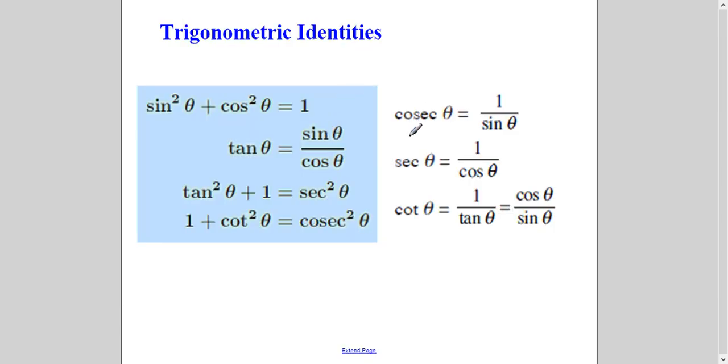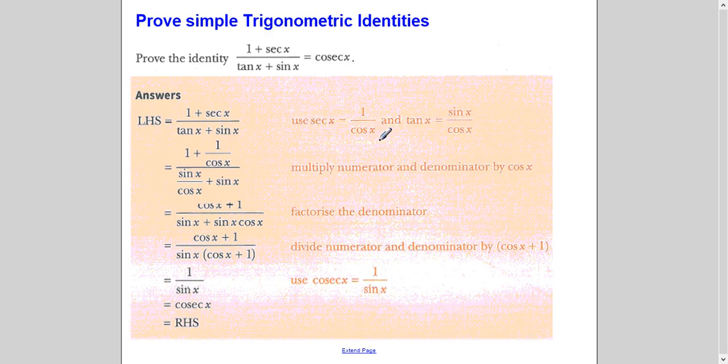Now I'm going towards identities, and these are the identities in Add Maths O level you need to know. A few are given to you in the exam, in the formula sheet which is given to you. This one, this one, and this one. So basically you need to remember the rest yourself. So let's see the identities. I have taken an example of two identities here.